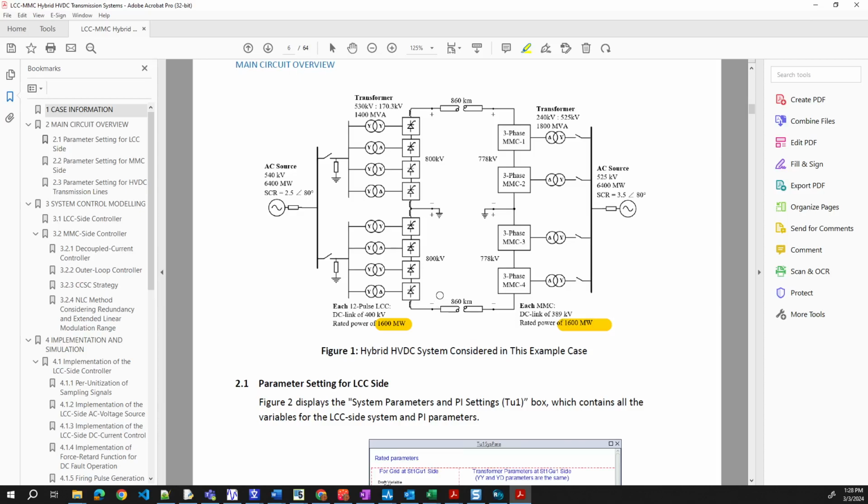I'm not sure. This is 400 and this link is this for each MMC. Okay, for each 12 poles. Okay, I see. For each 12 poles because we have two 12 poles here. That's why I make it 3,200 something. Yeah, I see. In total, times two.